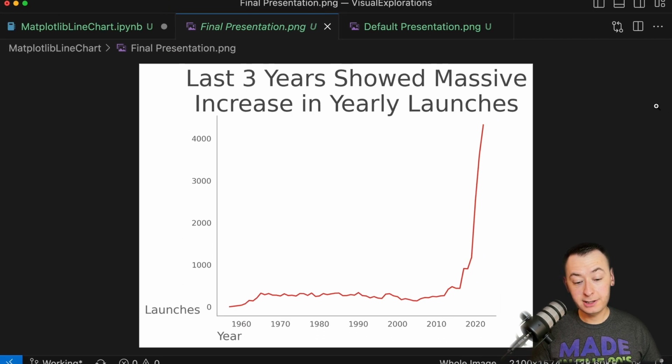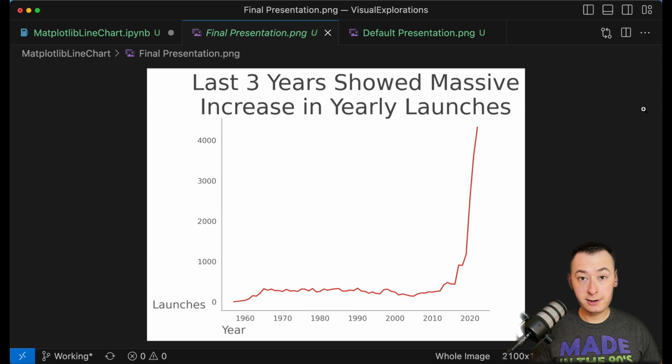This is our final product. As you can see, it looks a lot cleaner and it gets the point across a lot faster as well. However, there are still additional elements that could be improved, such as increasing the line thickness, specifically in the segment that we care about starting in 2019 when we start seeing a very significant increase, and desaturating the rest of the line. That's how you go about cleaning up your Matplotlib charts to make them look very excellent, pristine, and